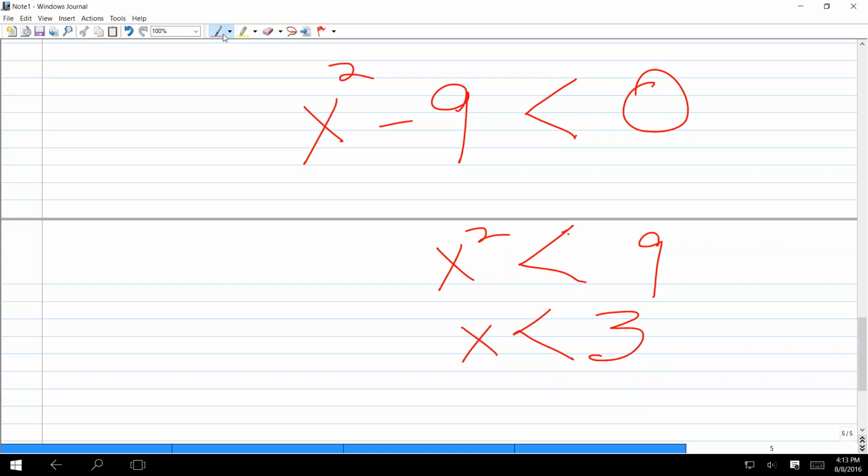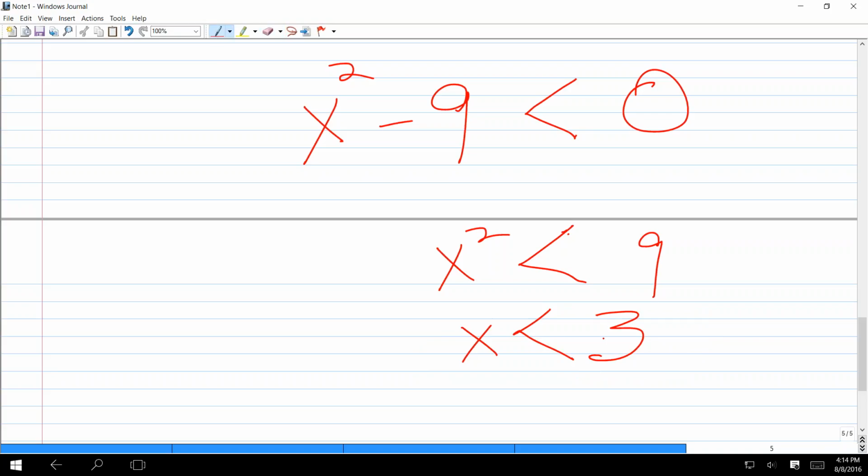Does minus 10 work? You gave me an answer that x is less than 3. Well, minus 10 is less than 3. Yeah. Does minus 10 work? Yes or no? No, it doesn't. You got 100 minus 9, which is not less than 0. So something funky took place here, and